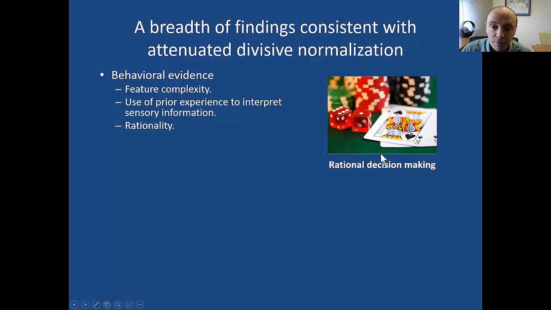And this falls naturally out of the attenuated divisive normalization, because as it turns out, that irrationality that you see in human behavior is well explained by divisive normalization and contextual relationships that are only possible because of the lateral connectivity in neural circuits that's implemented through divisive normalization. Okay,